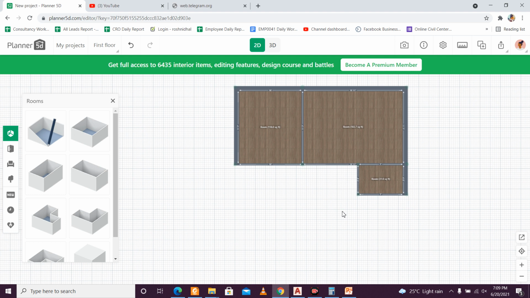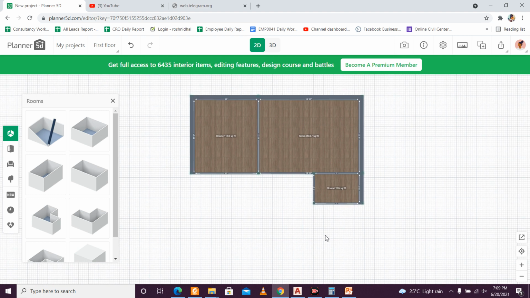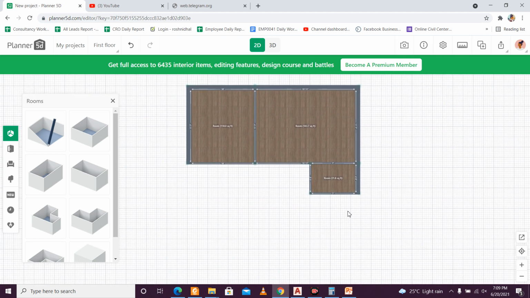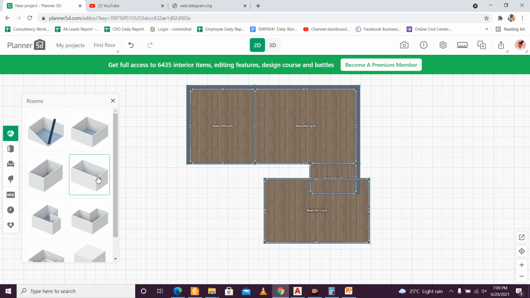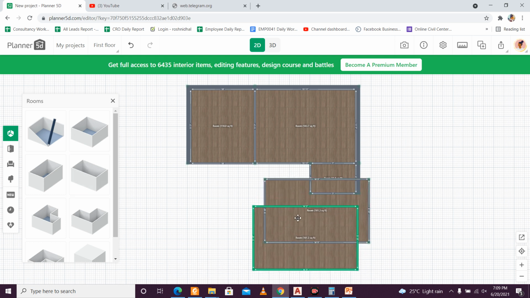After providing this toilet, we can give some more things here. So let's provide my portico and the staircase portion as well. So staircase, you can already calculate the portion of the staircase beforehand, and I have calculated this is 6 feet 2 inch into 14 feet. Since it is a staircase, it will be a 10-inch wall on all the sides here, so it will be 6 feet 2 inch into 14 feet. So we'll just take this once again, and this time double click and just copy it.